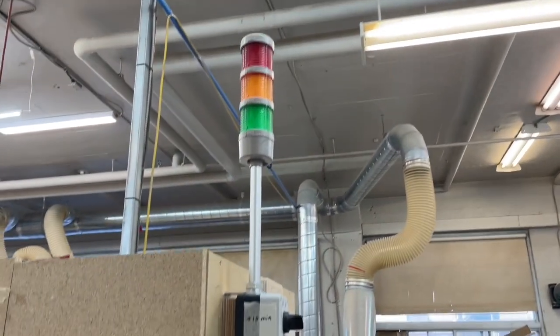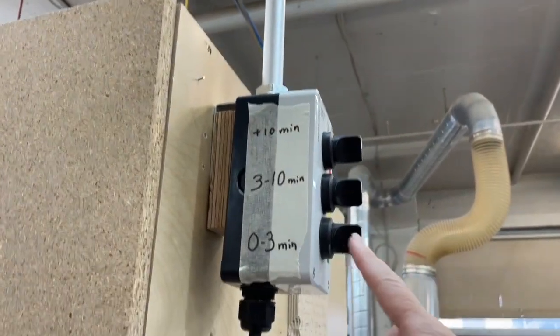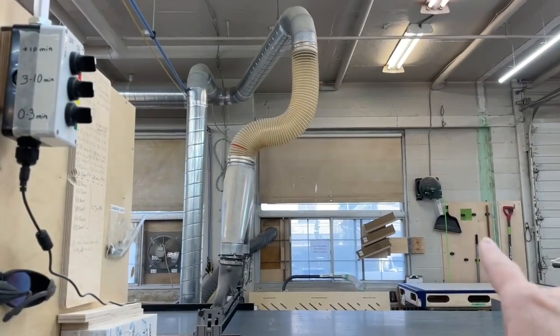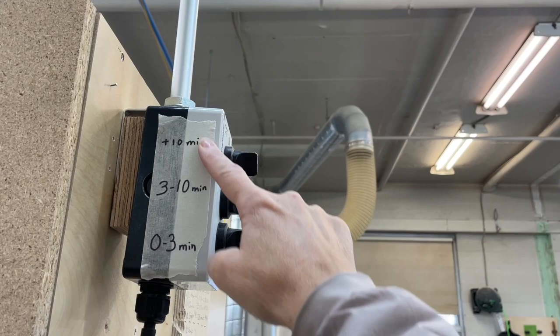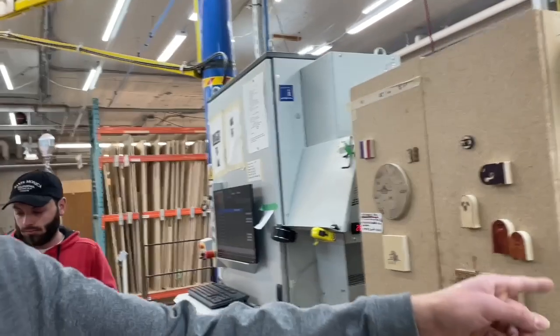Okay, so check this out. So we have an on-dawn light, but Mandy's come up with a really interesting way to use this. So there's the switches here. If the part that they're working on is between 0 and 3 minutes, that tells these guys over here how much time they're going to have, so whether or not they need to build up a buffer or not. Especially if it's something that takes longer, they're going to run out of something, so they need to have a bigger buffer. If they have more time, they can one-piece flow to the